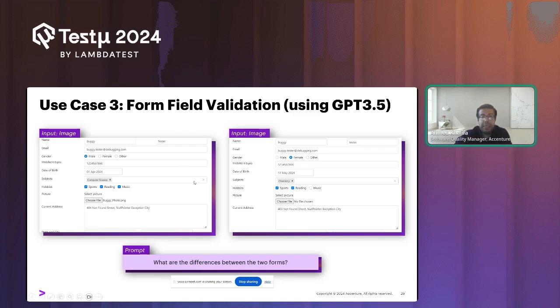And you can see here, I have a lot of differences, like this tester. Here it's capital, and here it's small, sorry. And this is, for example, male, female, and this date of birth is different, and this subject is different also. This music here is not selected. Here I have a file, and here I don't have, and this is like 4.4 and this is 4.3.